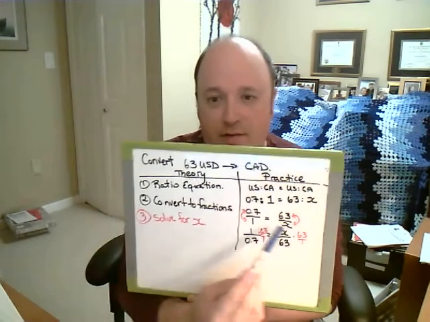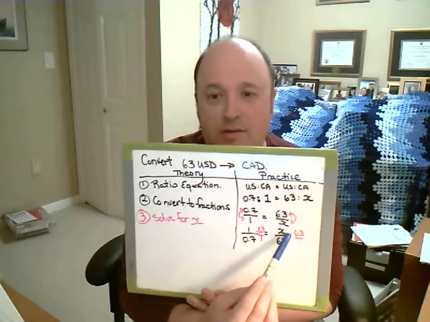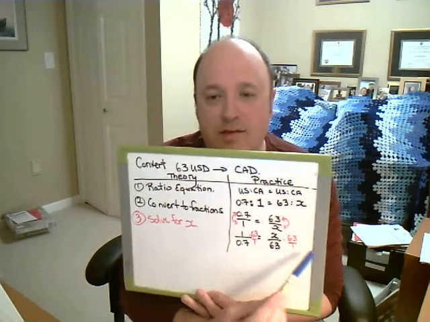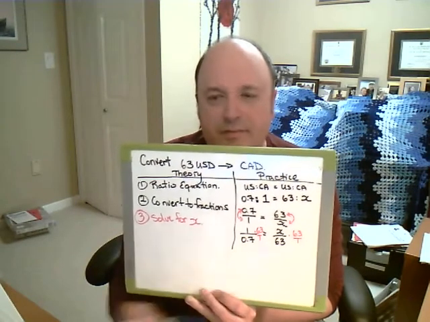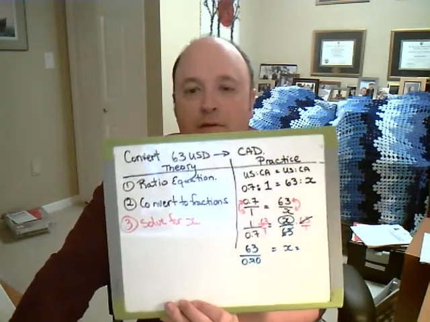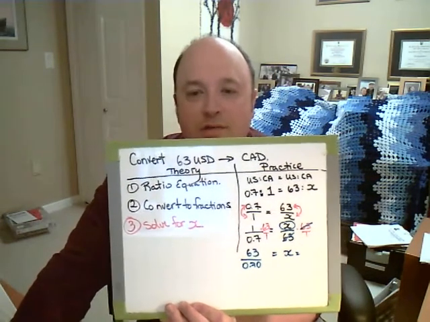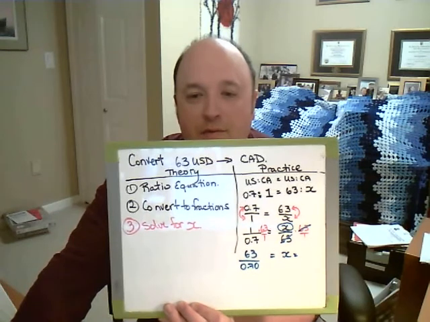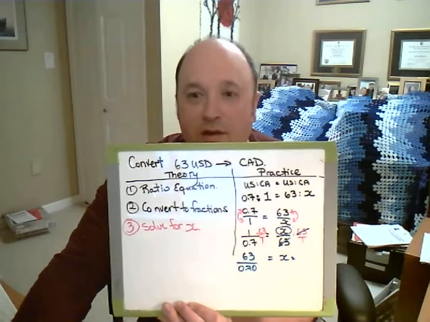So over here, the 63's will cancel, leaving you just with X, and then I gotta calculate this guy over here. So let's have a look. Okay, so there's how the cancellation works. Okay, so you wind up getting 63 divided by 0.7. You do that on your calculator, you get